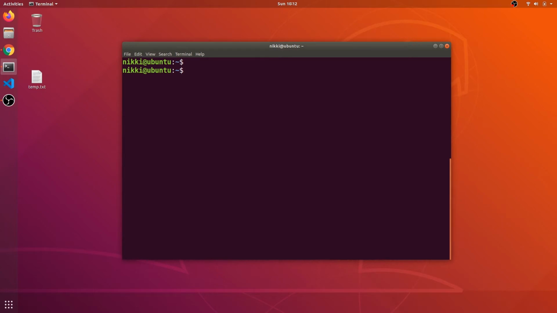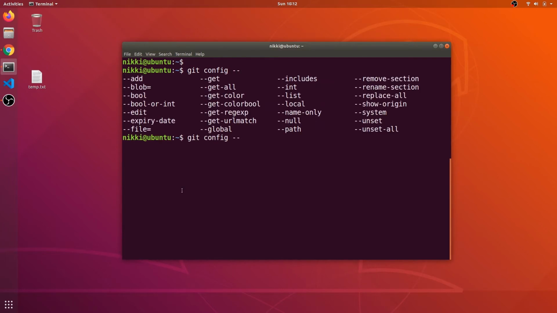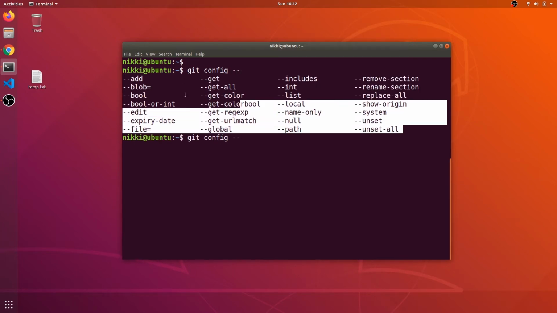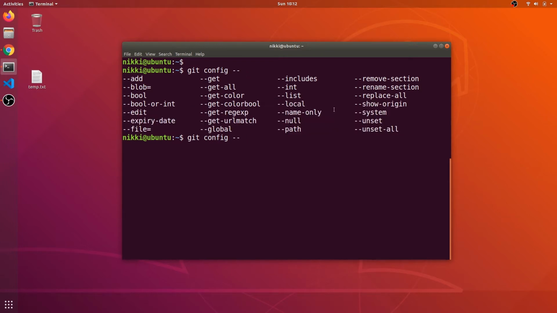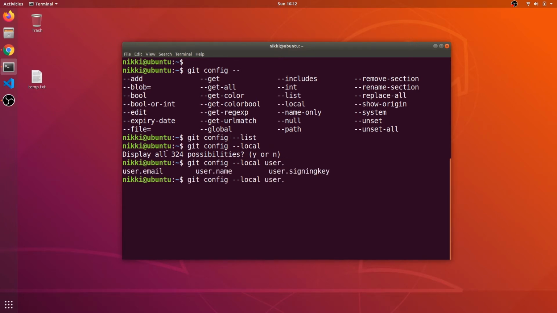Now we need to set some variables, and to do that say git config. If you press the tab button two times, you can see all the options. You can add the configuration. If I say list, I get nothing, because I did not set any variables. To set local variables, I need to say git config local user dot name and email.